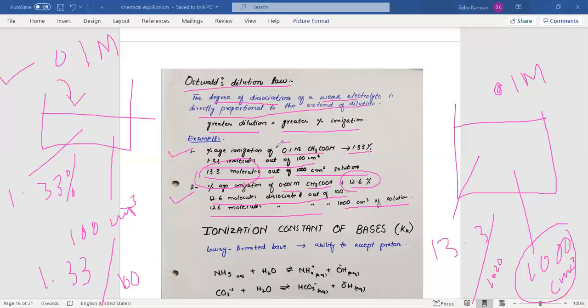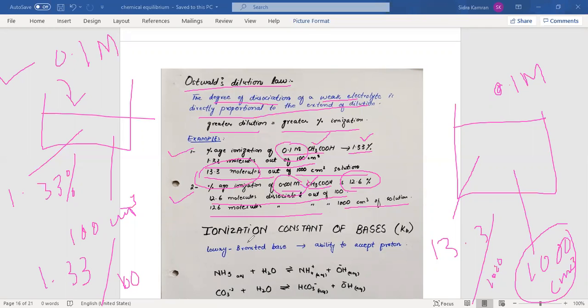Here you can see the concentration is 0.1 molar, and here the concentration is 0.001. So this is a more diluted solution as compared to this one. That's why its percentage ionization is greater than in the first example. If the molarity is lower, which shows that the solution is diluted, the chance for the electrolyte to ionize is greater. In the same way, if the molarity is higher, the chance for the electrolyte to ionize will be lesser because